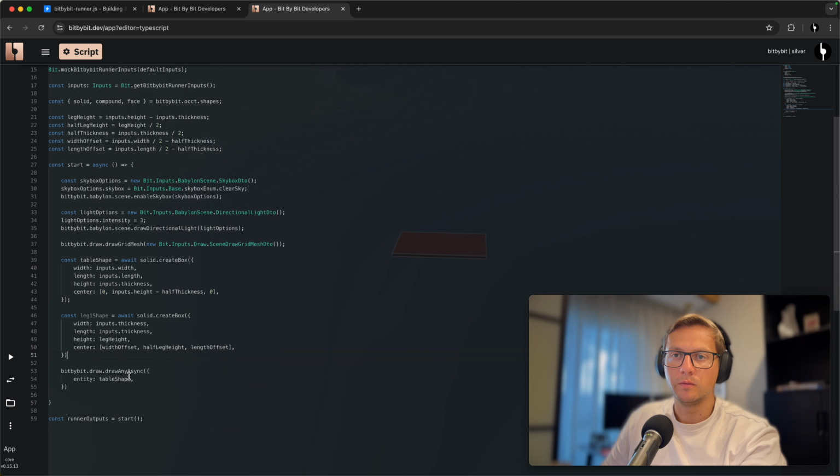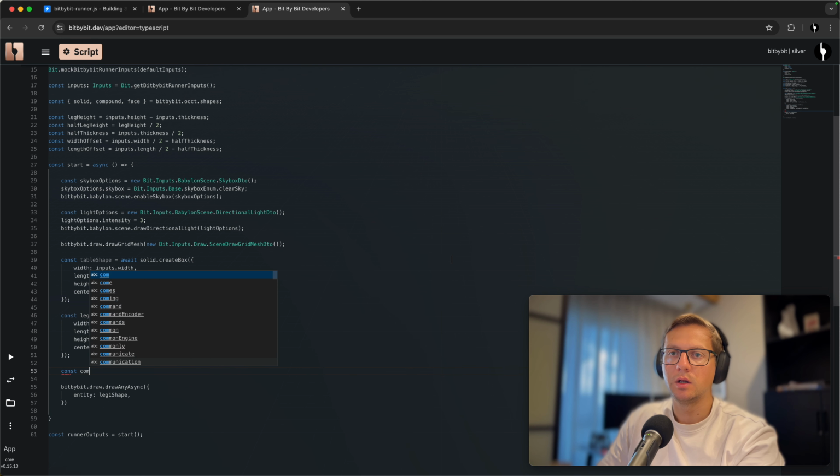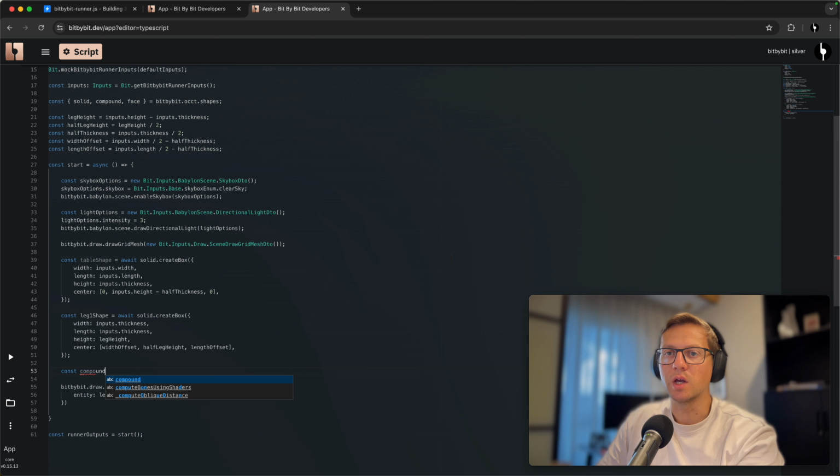And now we can draw a leg shape instead of the tabletop. And you see that it does exist somewhere in space. Just to make it a bit easier to comprehend, we'll create a compound shape of everything that we create, and we'll do it like this. So we'll say compound, make compound